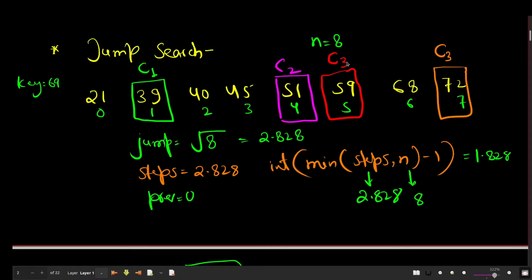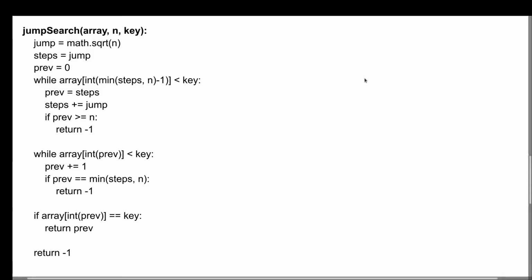So this is C3. All this depends on implementation. You can make it C3 and then it's C4, but I am not counting this because I have incremented comparison inside this loop. So when this loop is false, this particular comparison will not be incremented, whichever is inside this.